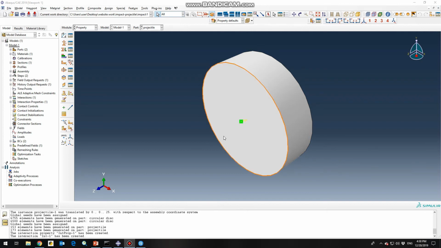The next thing that we need to consider is defining a shear failure of 0.1 for our circular disc, owing to the fact that after the impact we need to see some failure in our circular disc. To do that, you need to go to the model and edit keywords, model 1,